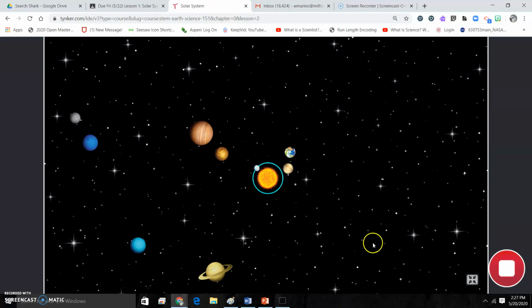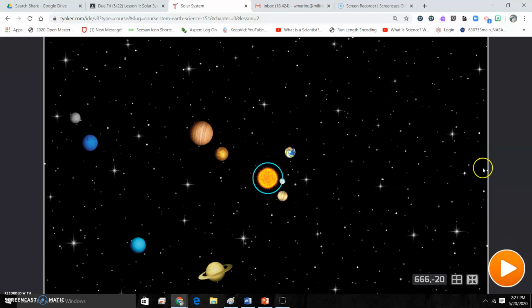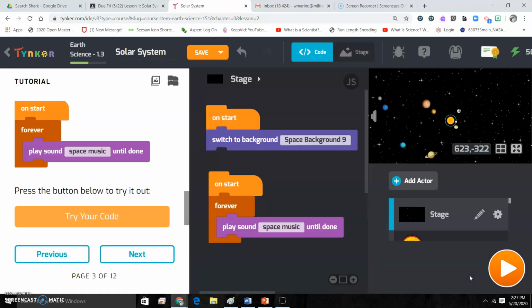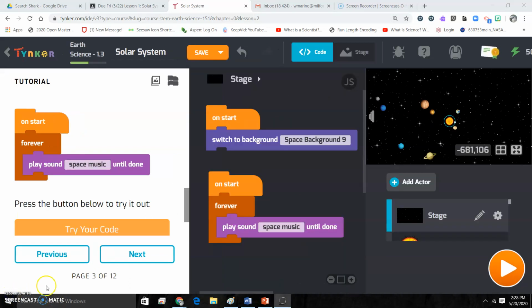Cool. The only thing is I don't hear any music. Not sure why. Double check my audio, it should have music, so I don't know why there's not music. Have to troubleshoot that. On start, forever, play space music. Space music should be playing. Okay, so I'm going to hold off on trying to troubleshoot this music situation, but I'm going to go ahead